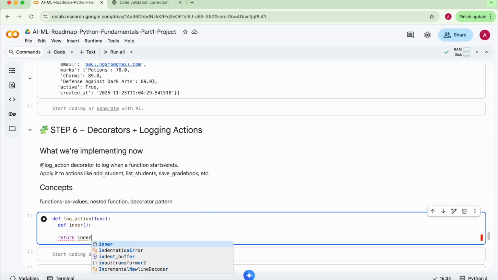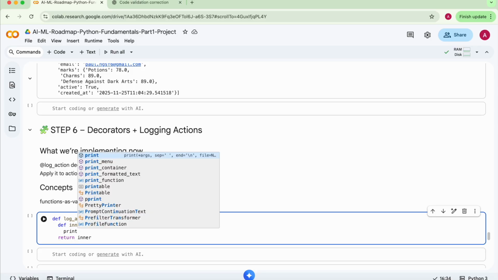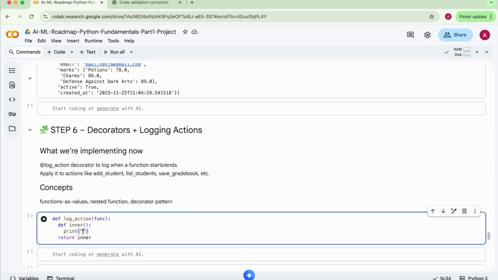Now what I want to perform in this inner is simply the log action. So basically I want to print an f-string, for example, let's say log